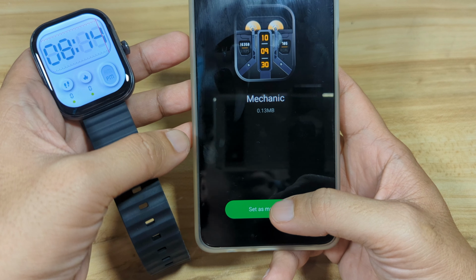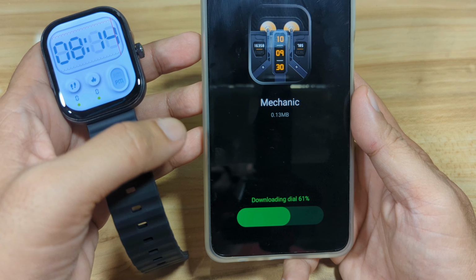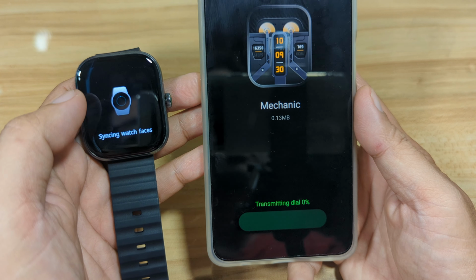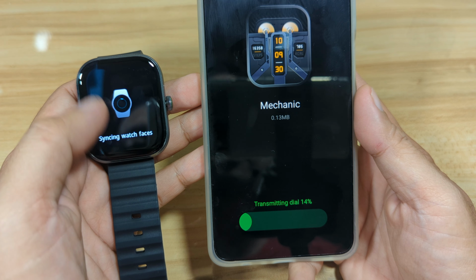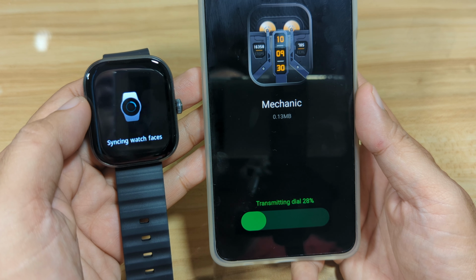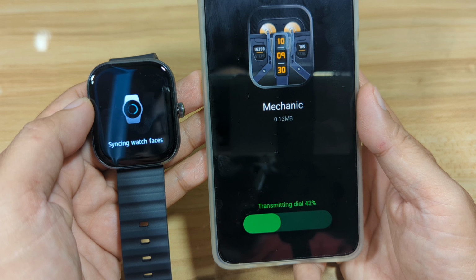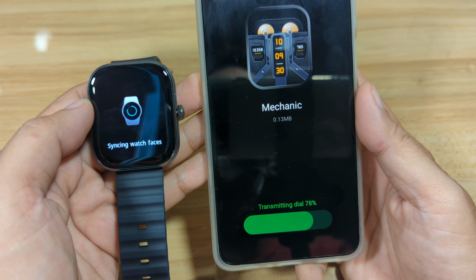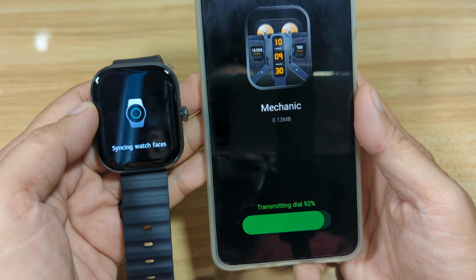Then set as dial. Let's see if this will be overwritten. It's now transmitting dial. Our smartwatch switched to download mode. And we have the watch face here.